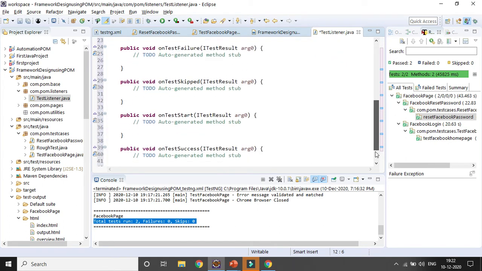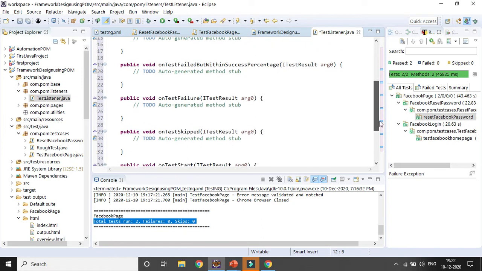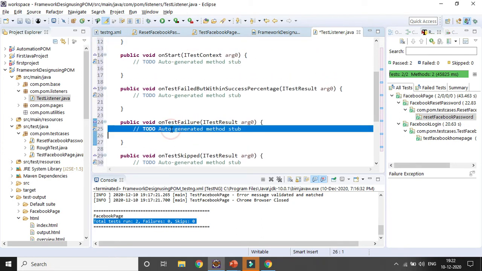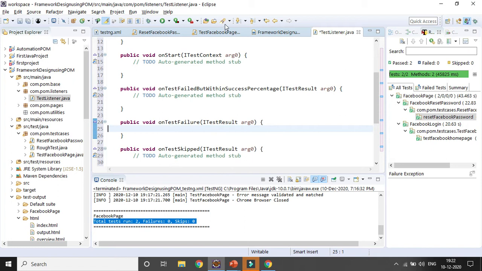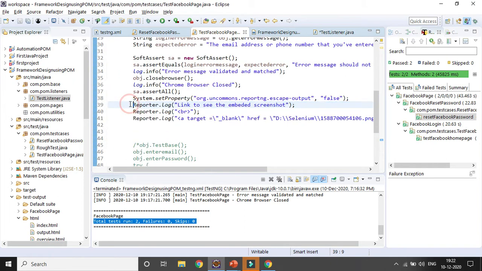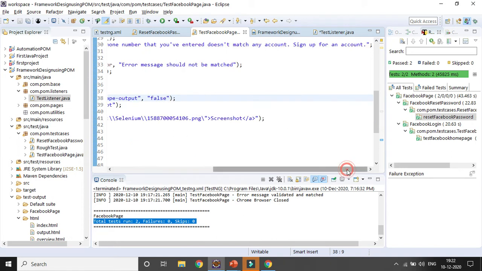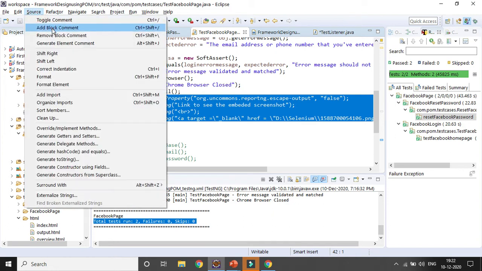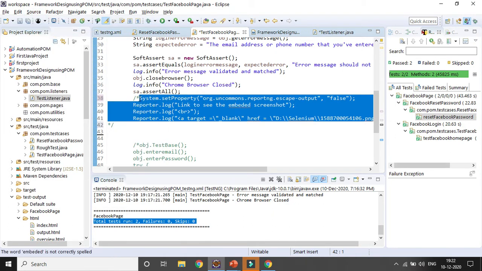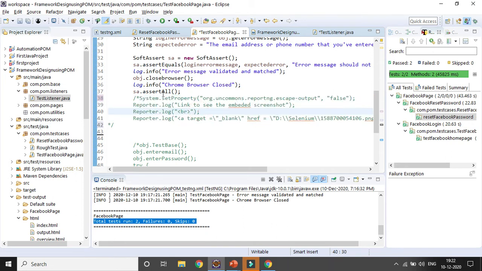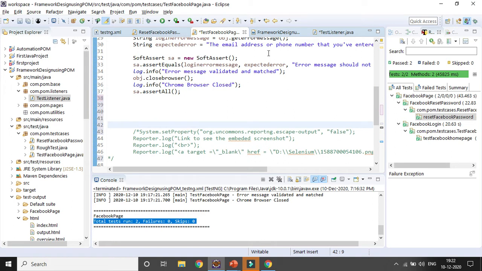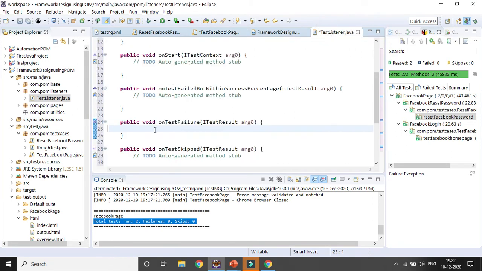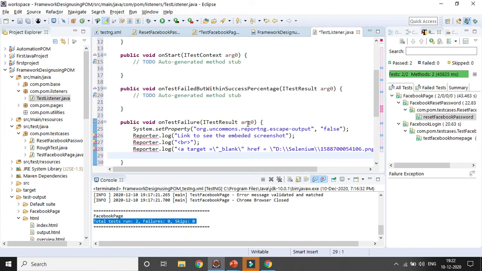Now, whenever there is a failure, I want to get the report. So I will simply cut and paste this part, since it is not specific to a test case level. I will comment it out first so that it can be shown at a later point of time. After that I will copy and paste. Here it is commented out, meaning it will no longer be used. So instead of at the test case level, I will use it at the listener class level. As and when there is a failure, it will be displayed.